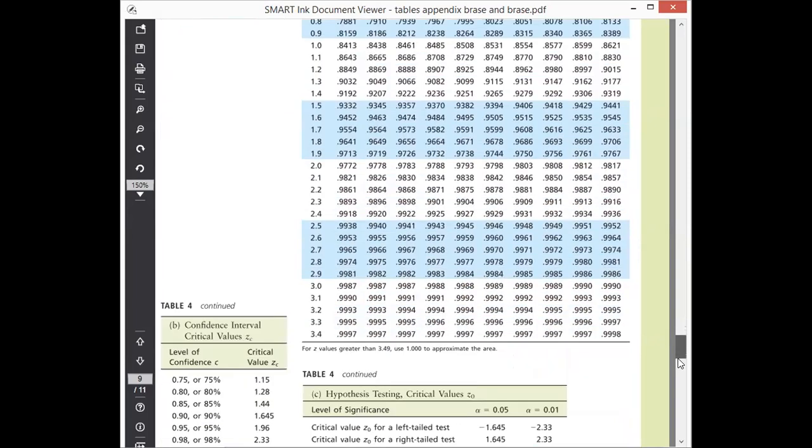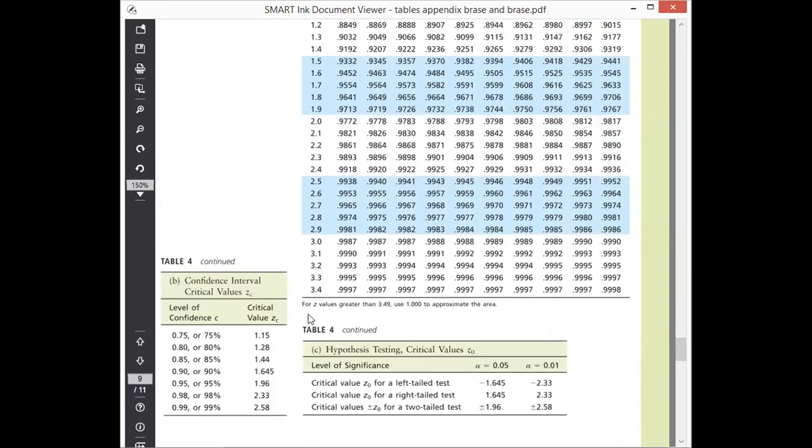What we want is down here at table 4B, confidence interval critical value Z sub C. And you can see the level of confidence is given here in the first column. Notice here they have other levels than what I mentioned. So they have, for example, 75% and 80% and so on. Well, the reasoning behind this, what we're doing,